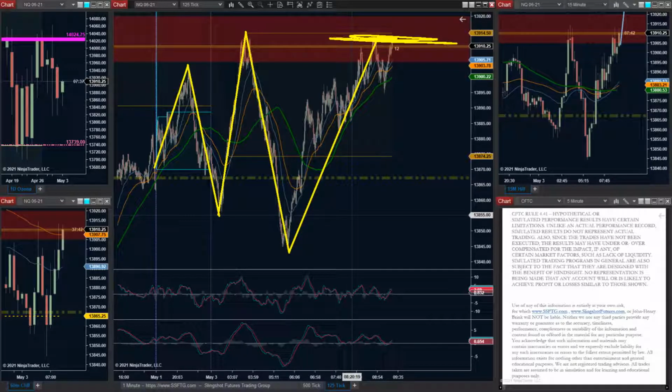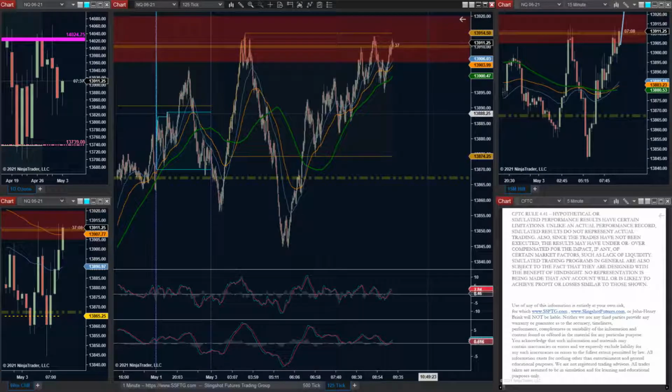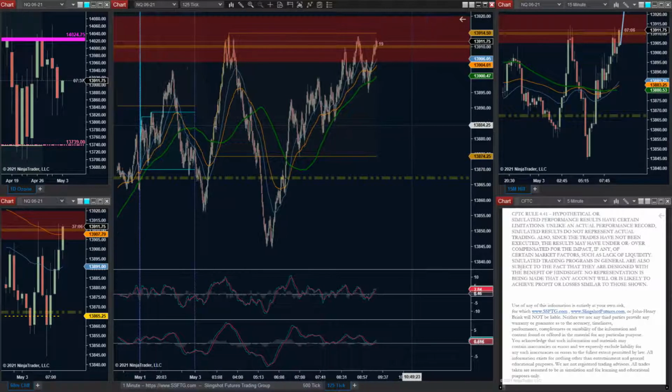Uh-oh. Ooh, man, could you imagine if they hold this down, how many people were waiting for targets above the highs that are going to be running for the hills if it starts pulling back a little too aggressively because the open's right around the corner. Again, we're in a sell zone.